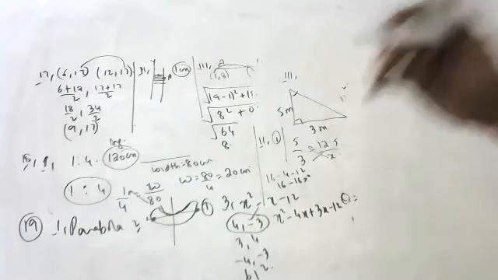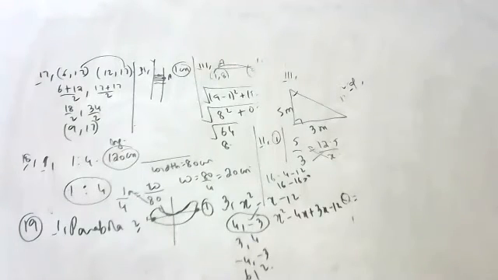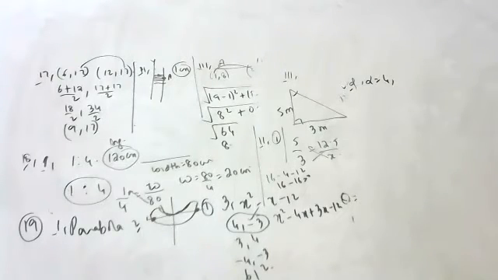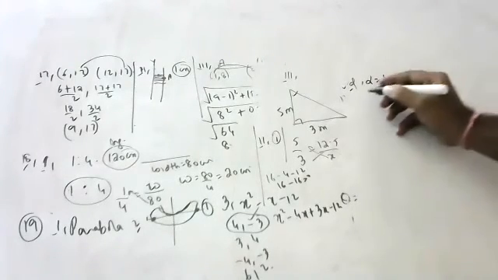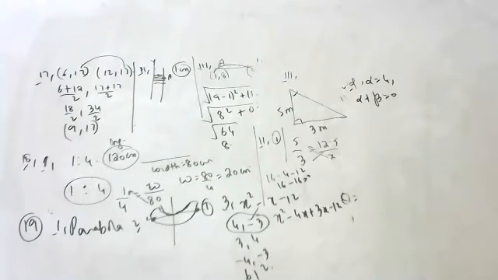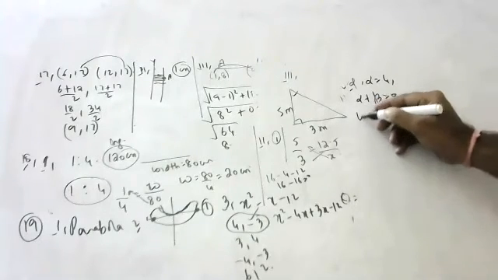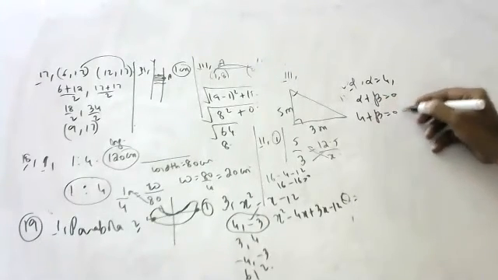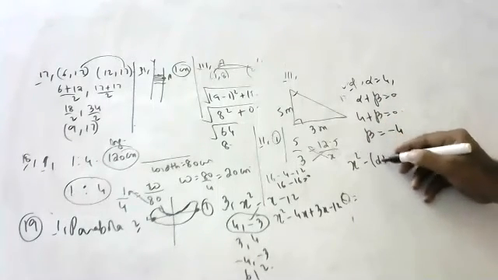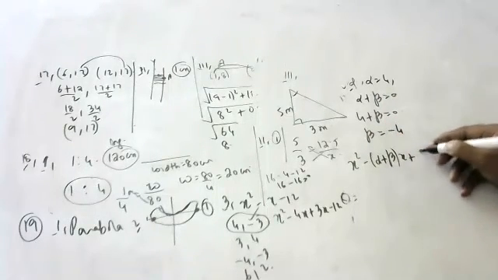The question, children. In the representation of the parabola's curve, one zero is 4, children, and the sum of the zeros is 0. What is the quadratic polynomial? So 4 plus beta is equal to 0. Beta is minus 4. Now tell me the formula: x squared minus (alpha plus beta) x plus alpha beta.